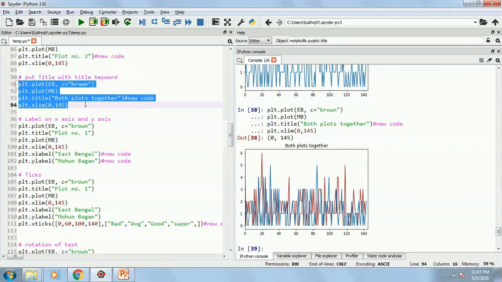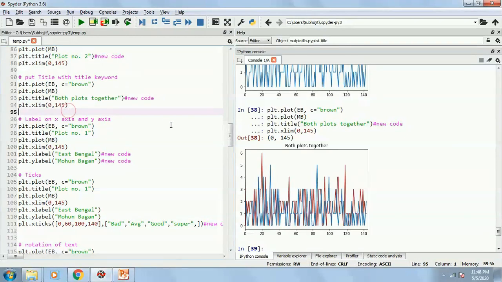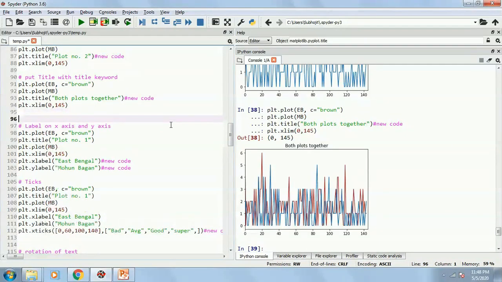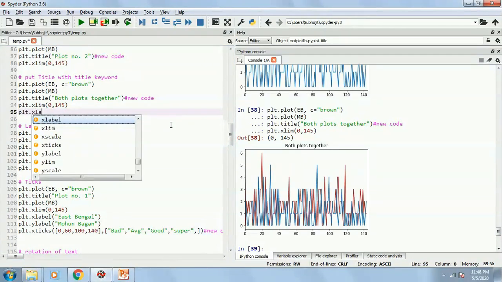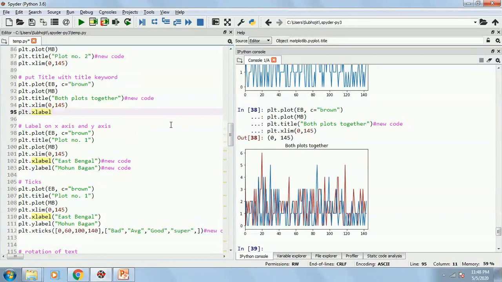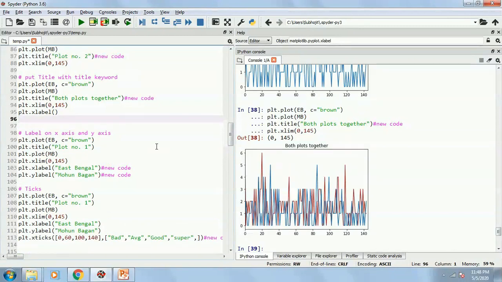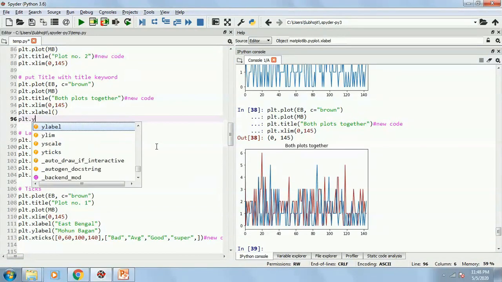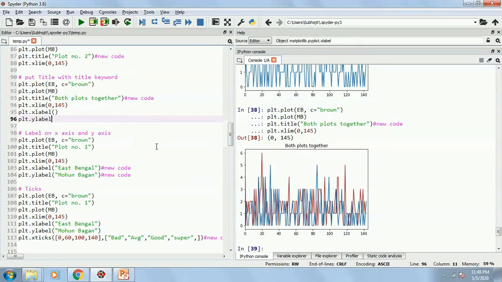I will simply write this code. Now I will only be adding two things, plt dot xlabel and plt dot ylabel.